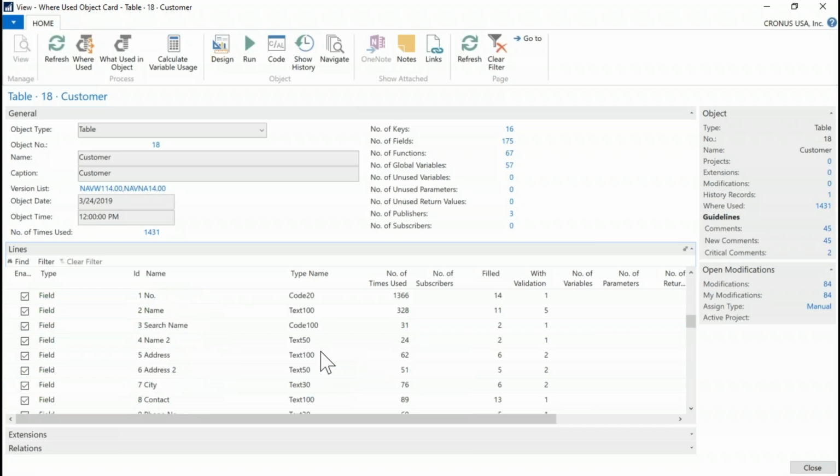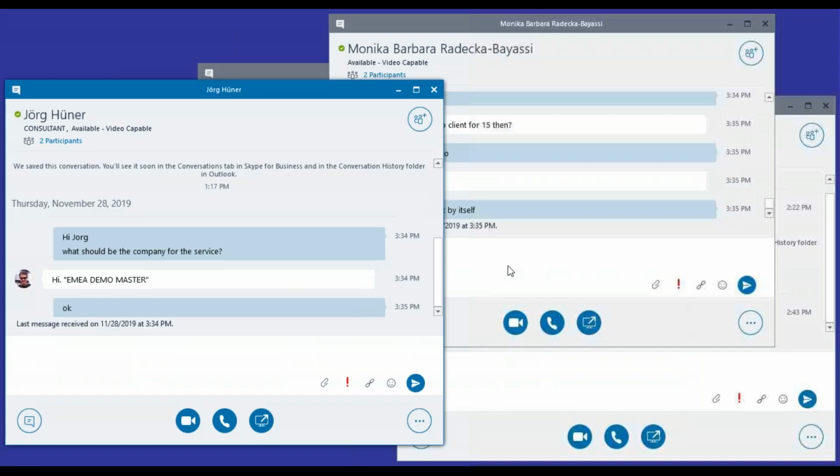As I scroll down, you'll see that now we get into fields, and you can see, for example, here is, whoops, just scrolled a little too fast. There we go. The name field. You can see the name field is referenced 328 times in the code. And again, I can drill down and look at all those different reference points, of which the 328 times, 11 of those,